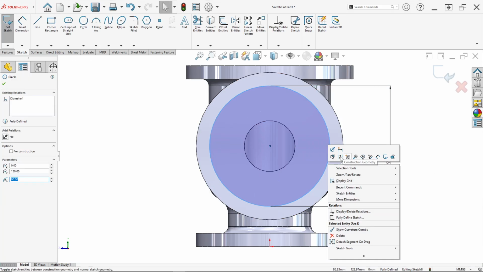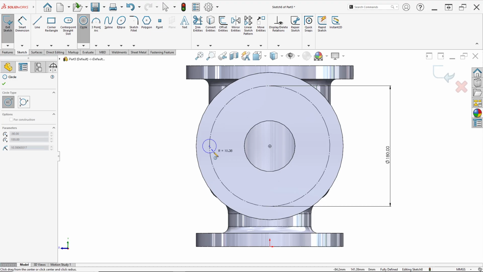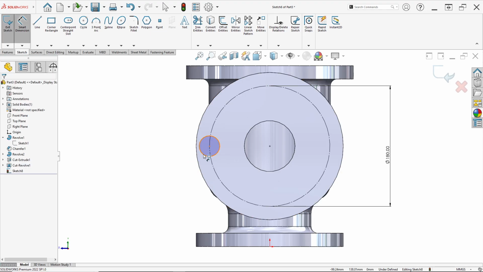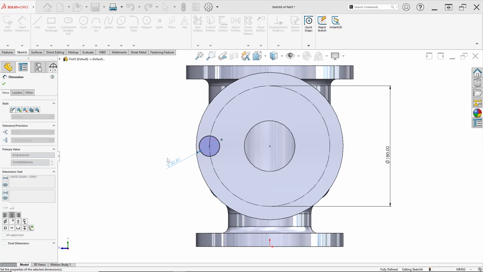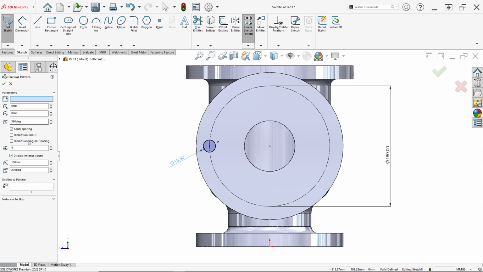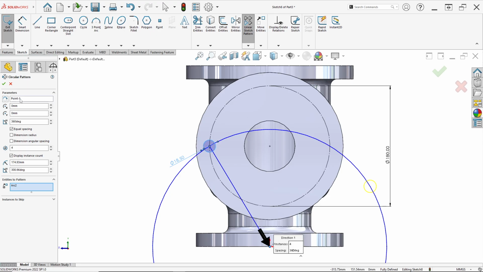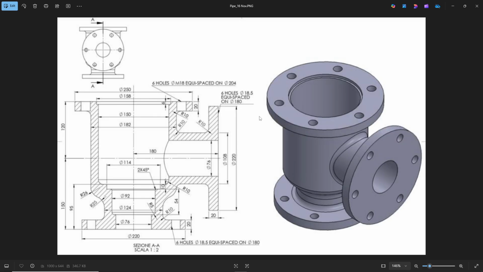So right click on this circle and click construction geometry. Click circle, draw from this point here. Diameter of this hole is 18.5 millimeter, and click here and click circular sketch pattern. In this pattern, just click this circle. For parameter here, right click and click delete. Select this center or this point. For number of instances, input 6, because here we have 6 holes, just click OK.